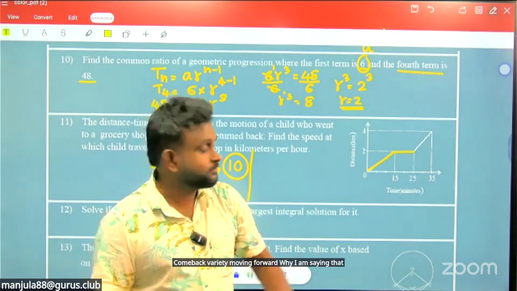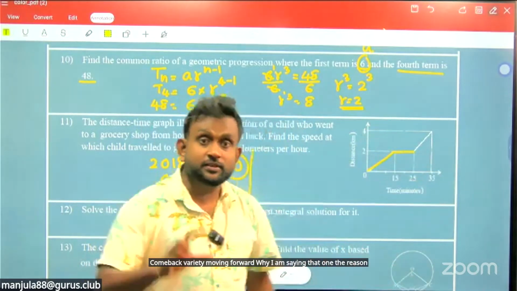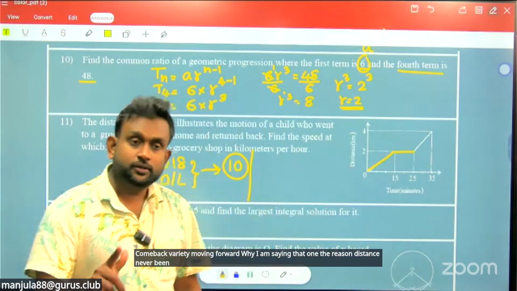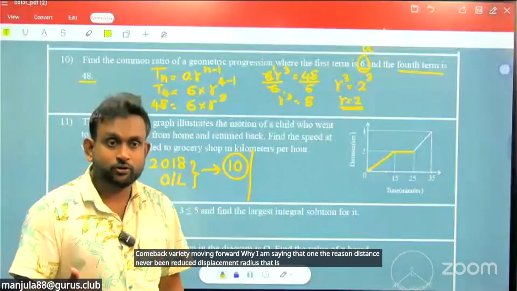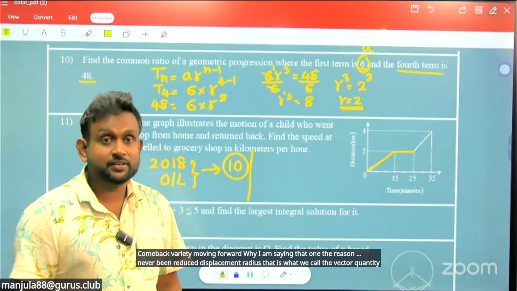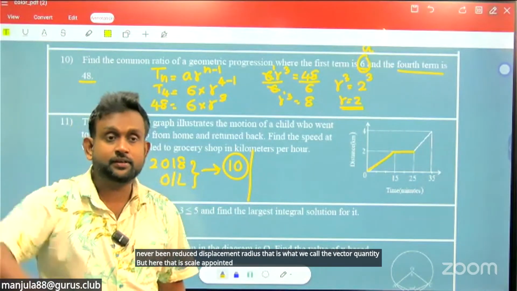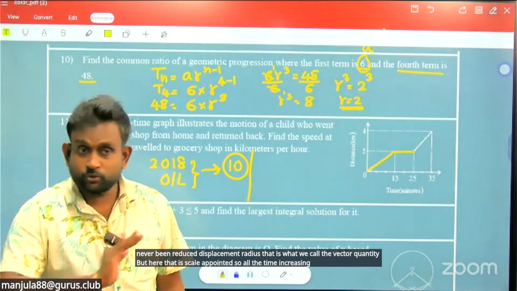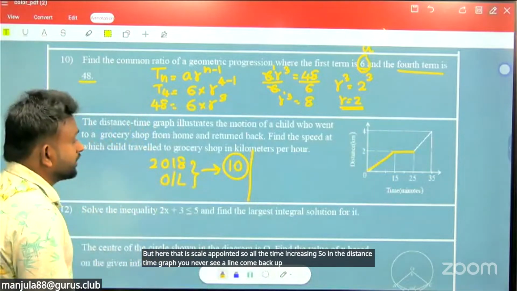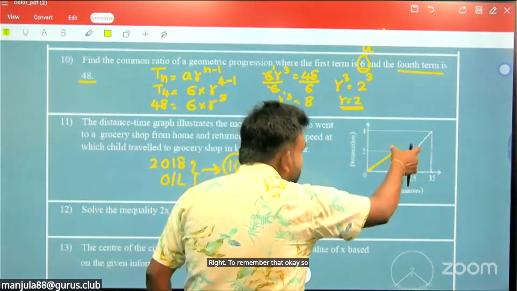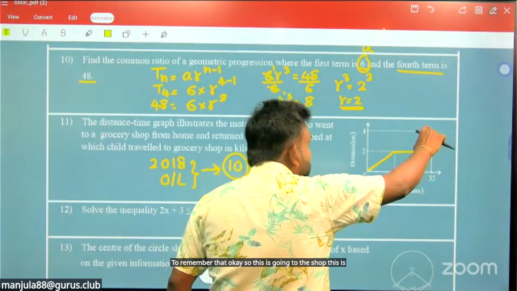The reason: distance is never reduced. Displacement can reduce, that is what we call a vector quantity. But here it is a scalar quantity, so it is always increasing. So in a distance-time graph, you never see a line come back. Remember that. So this is going to the shop, this is at rest at the shop, then this is again